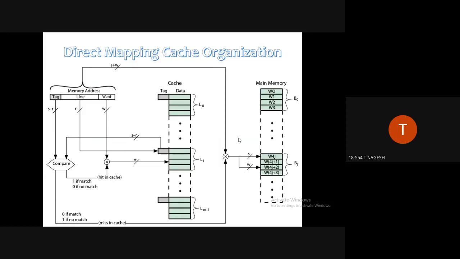We'll learn about the cache organization, how this entire direct mapping in the cache memory gets organized, or how it will work, with this diagram. I guess most of the terms that you are seeing here are very familiar to you. Tag, line, word: this is the representation of the memory address in the cache memory for the direct mapping technique. And this is the main memory. This is a cache memory, right? So these are the lines. This whole set will represent one line, this whole set will represent another line, and this whole set will represent one more line.